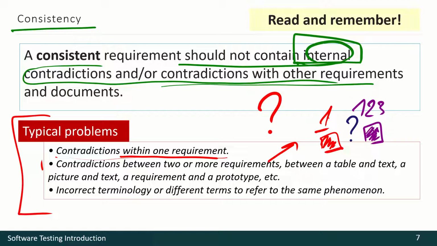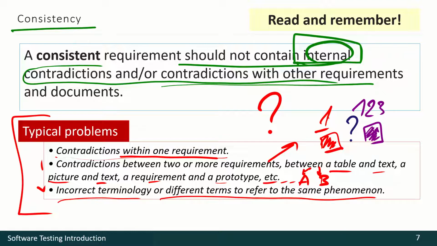Such a situation may happen if something is described differently in a table and in a text, in a picture and a text, in a requirement and the prototype, and so on. So the idea here is that we have two places, A and B, and in one place and the other place some ideas are written inconsistently. And the last example here is incorrect terminology, or different terms referring to the same thing,